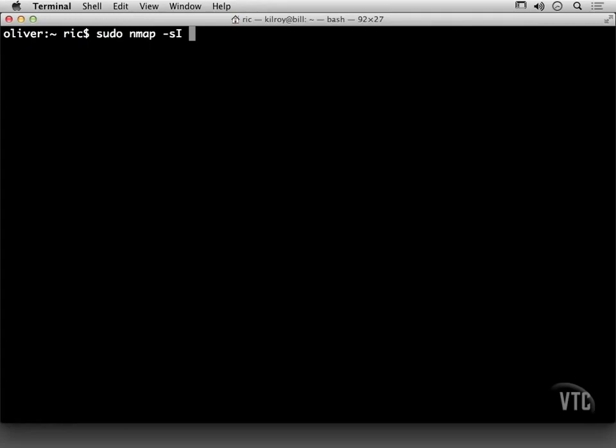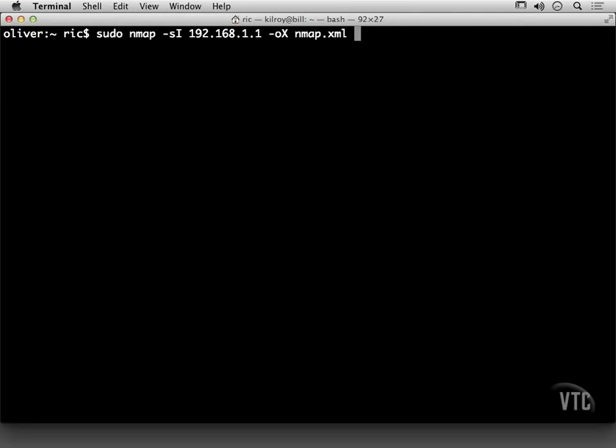In this case, we're going to be using the IP identifier. Now, the IP identifier is actually used to figure out whether packets are fragmented or not. And so I'm going to start this scan off. And what I want to do is actually save it in this case. And so I'm going to give this a file name, and I'm going to save it because we're going to load it up into Dradis